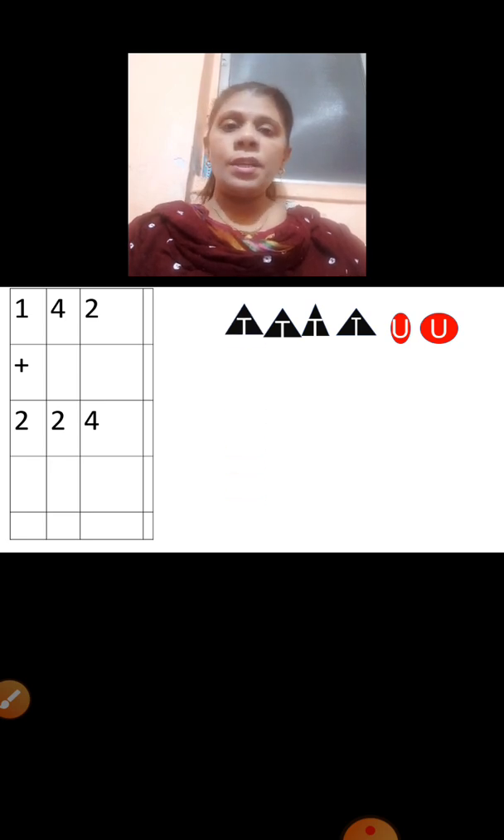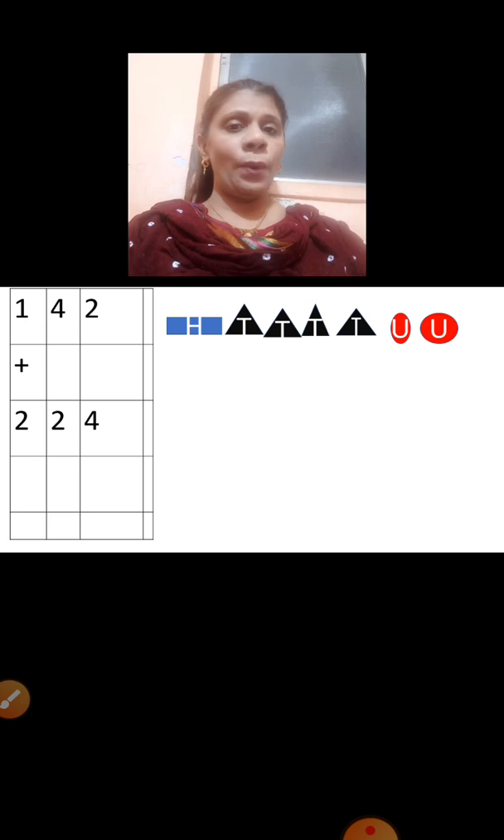Okay. And which number is in hundreds place? Number 1. So how many hundreds we are going to draw? 1. Okay. So how we are going to read? See, 1H, that is 100. 40, that means 4 tens is 40 and 2 units. So 42. So 142. Okay. Plus